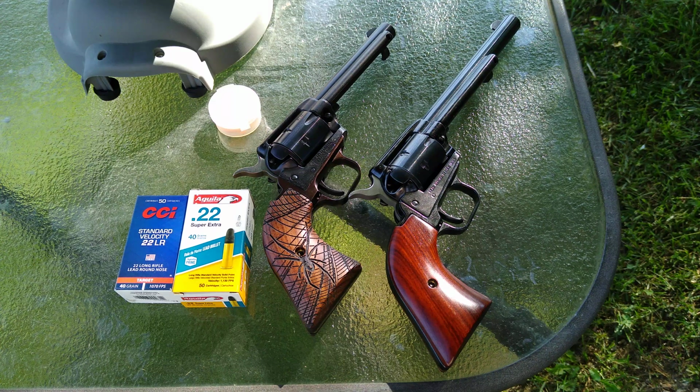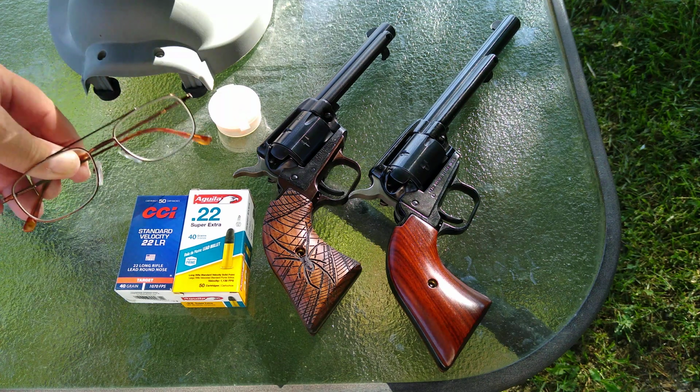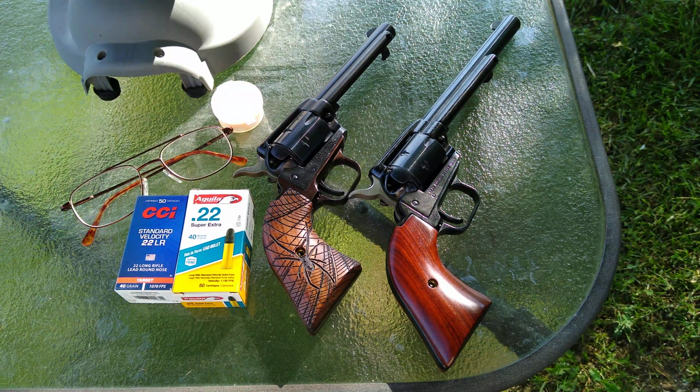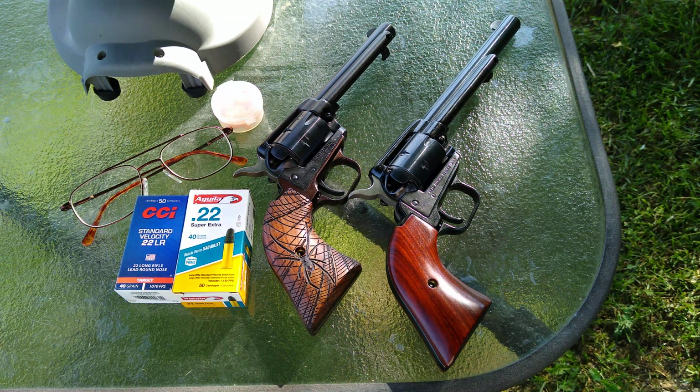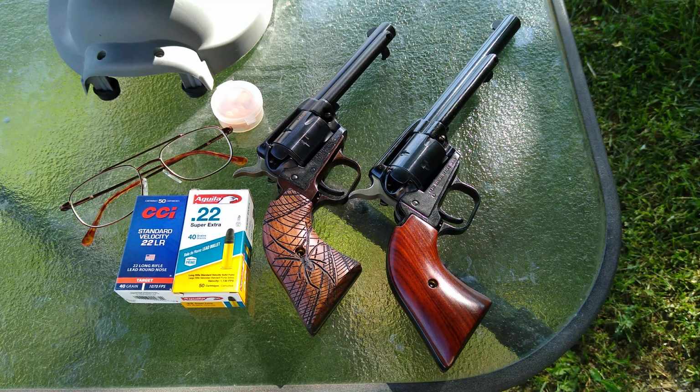And I'm going to try something different today. I struggle to see the sights on the gun, so I thought I would bring my computer glasses from work. And with those on, I can clearly see the sights on my gun. And I can still see the targets. It's kind of a trade-off when you get my age. You can either see the target and you can't see your sights, or you can see your sights and the